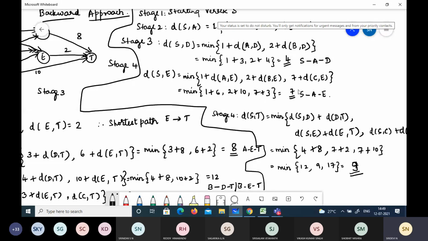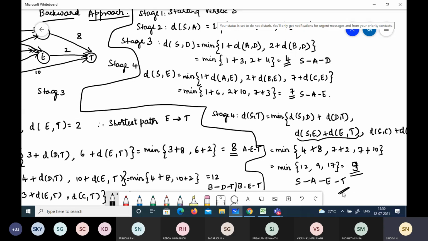If we go there, we'll get S to A to E and finally to T. This is the one which gave the smaller value. So I'll go there and find S to A and A to E, E finally to T.